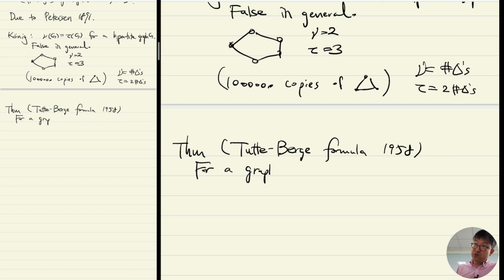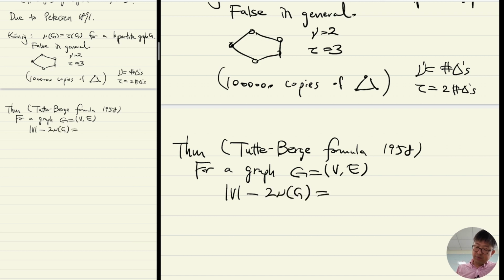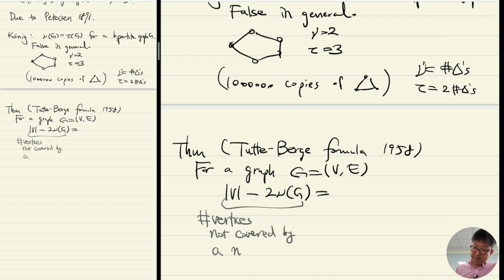So for a graph G, the number of vertices minus twice nu of G. So what is this? This is the number of vertices not covered by a maximum matching,